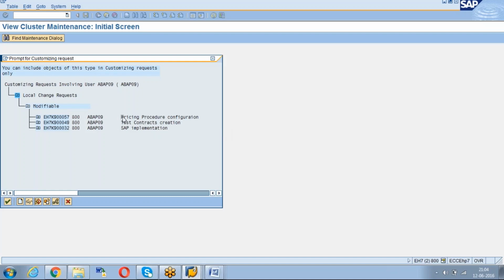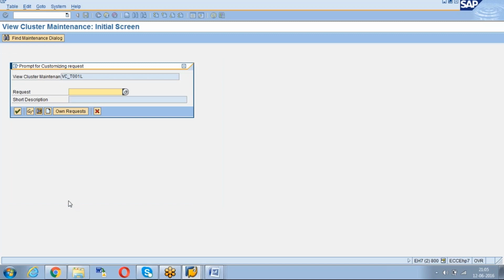Just now we created that deletion of storage location, but we have released it. That's why once the TR is released, you cannot add any additional changes into that TR. If you want to add any other changes, please keep it in modifiable stage. You don't release the TR. Now you understood, right? Okay. Next question.